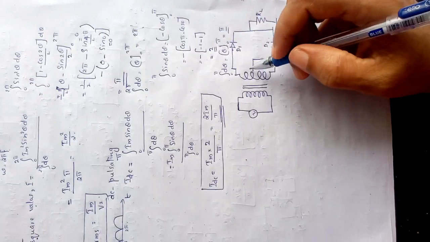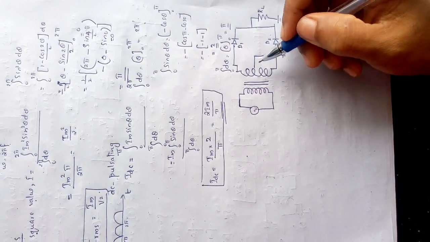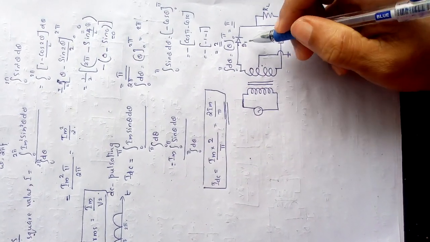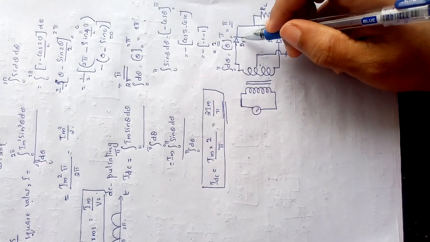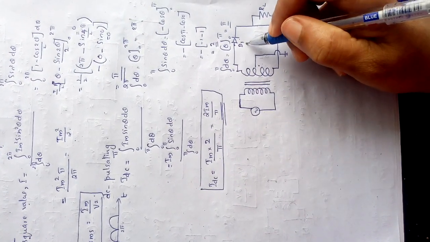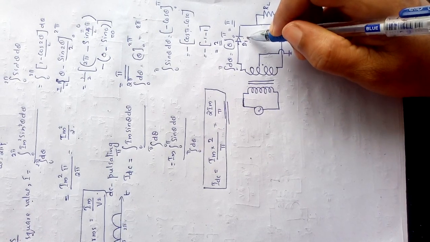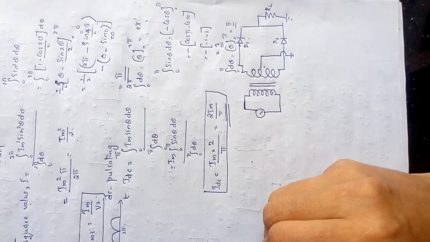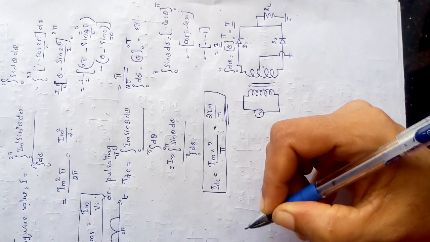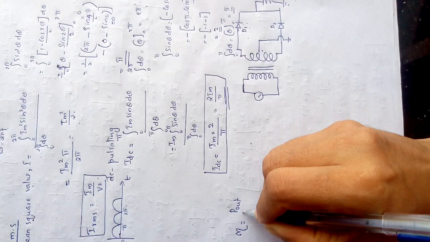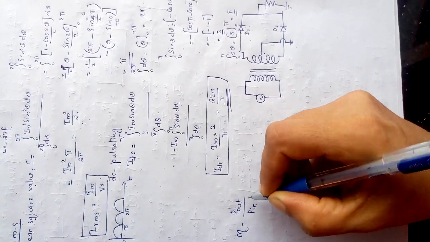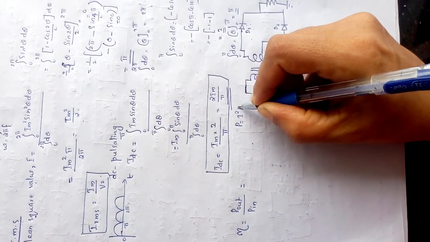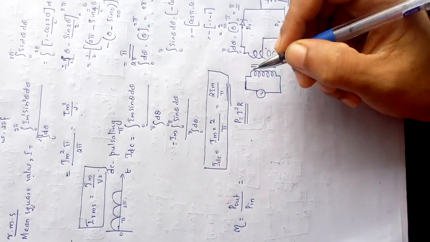The input current from the primary comes to the secondary. From the secondary it passes through diodes D1 and D2 alternately. At a time when D1 conducts, D2 does not conduct. So at a time D1 takes part in the conduction of the input AC. The efficiency of any device you can write as P out divided by P in. In this case, power can be expressed as I square into R.